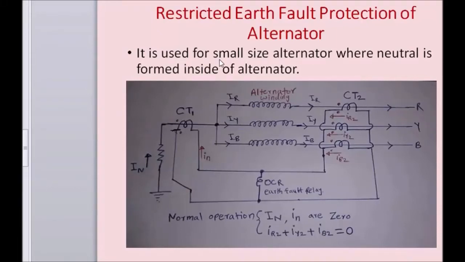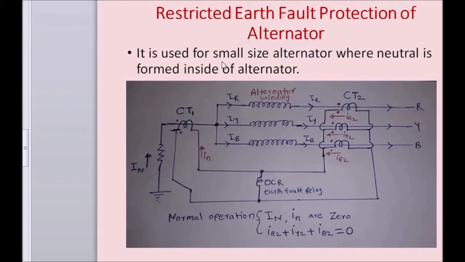In the previous lecture, we discussed differential protection of the three-phase stator winding of an alternator against phase-to-phase and earth faults. That is possible only for a large alternator, where all 6 terminals of the three-phase windings are available outside, and we can place CTs on either side of the alternator winding.